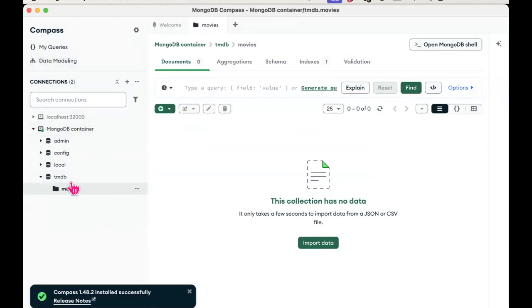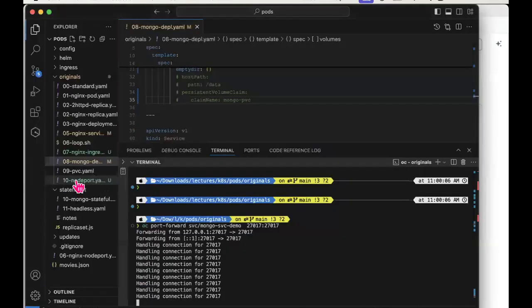That's there. But if I now delete the pod, and Kubernetes will recreate it automatically, because this database is part of this kind of empty dir volume, which is essentially a volume that has been just created within the pod, external to the container, but within the pod. And that means when I delete the pod, it's lost. So if I go back to here and stop my port forwarding,